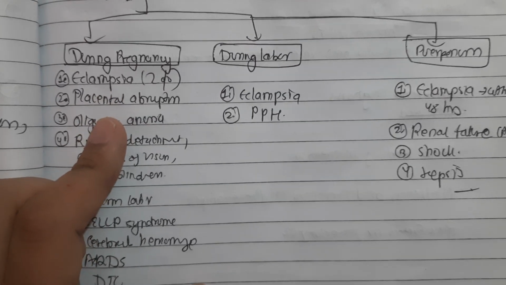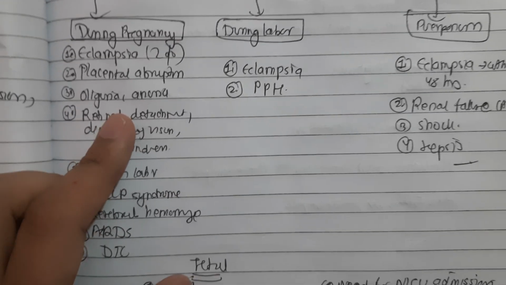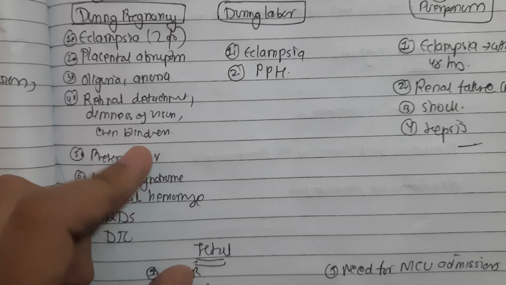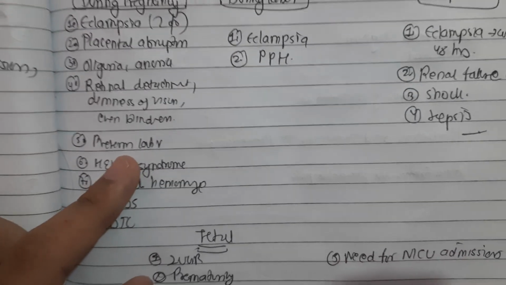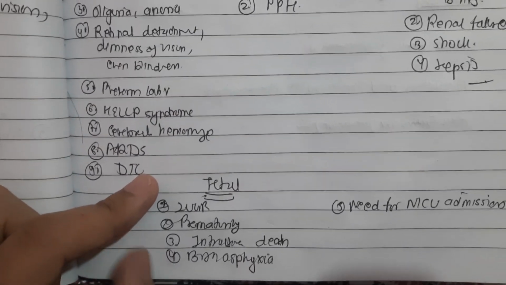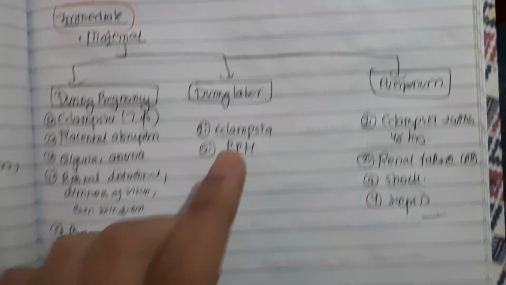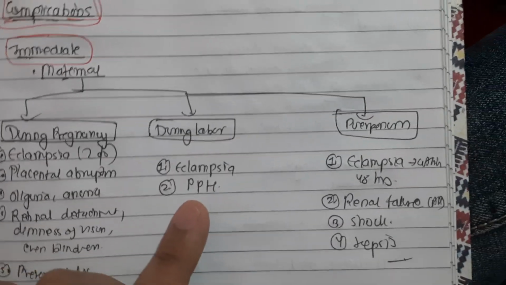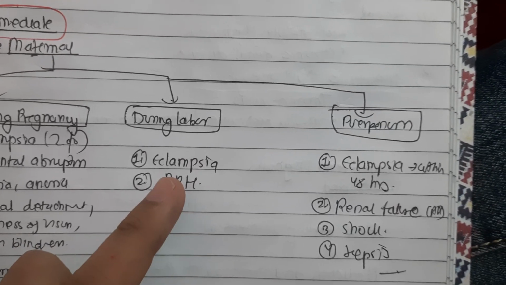There can be a placental abruption or abruptio placenta, oliguria or anuria. Retinal detachment and diminution of vision, even blindness, ophthalmic symptoms. There can be preterm labor, HELLP syndrome, cerebral hemorrhage, acute respiratory distress syndrome, and disseminated intravascular coagulation. And during labor, there can be eclampsia and postpartum hemorrhage, which may be related to